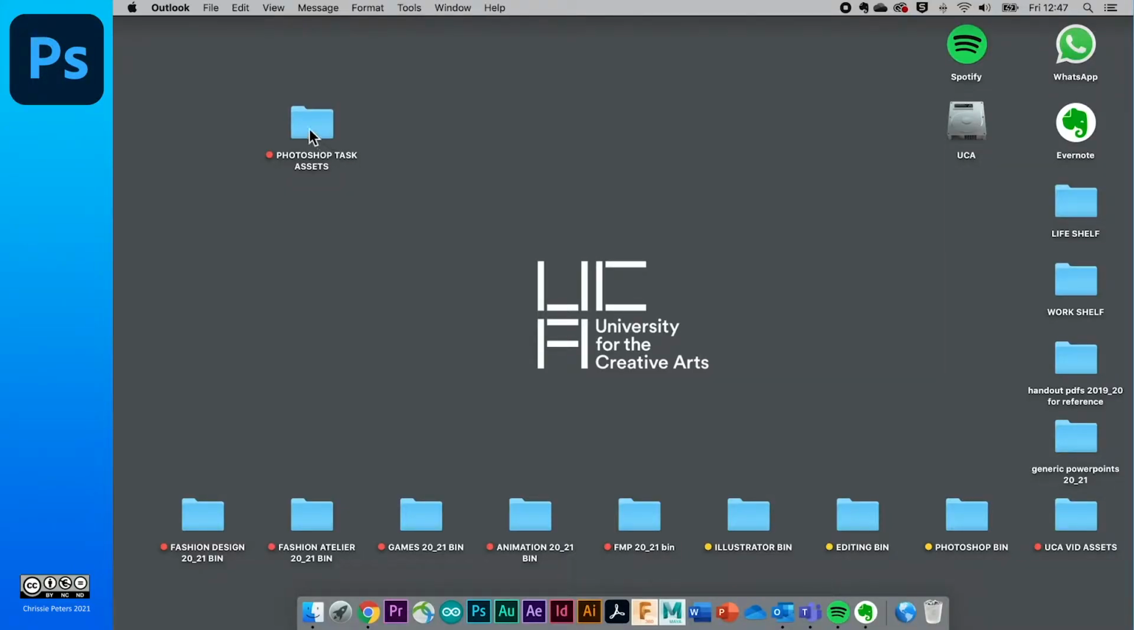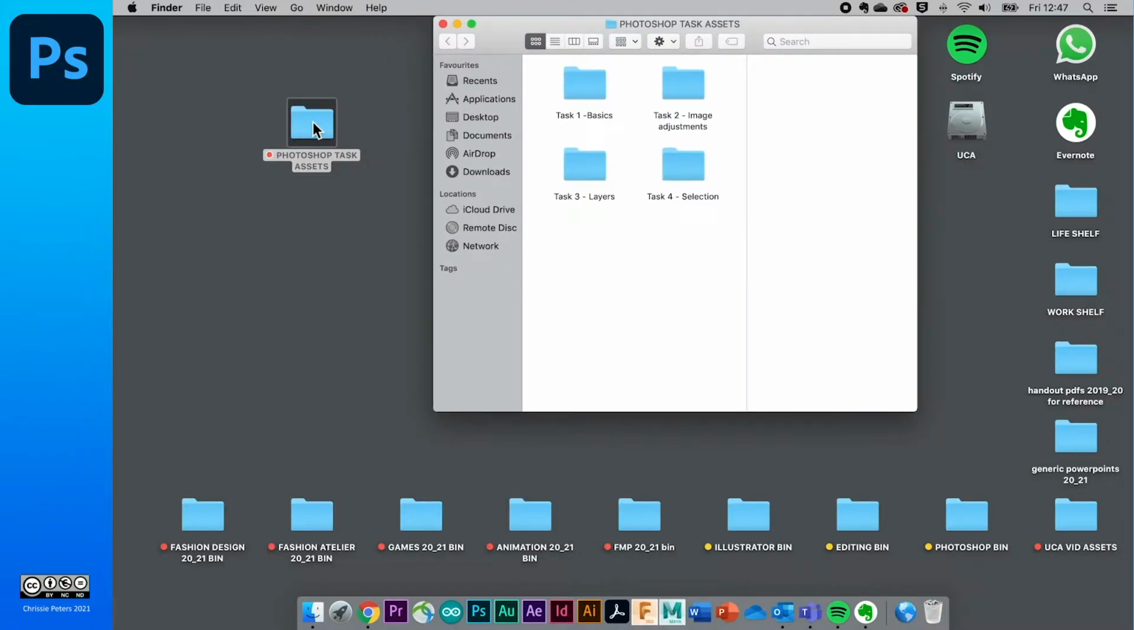These tasks use the assets in the folder Photoshop Task Assets. Download that to your desktop. If you're using a UCA PC, Games and Animation students, you may need to download it and put it into your documents instead. Double click on the folder icon